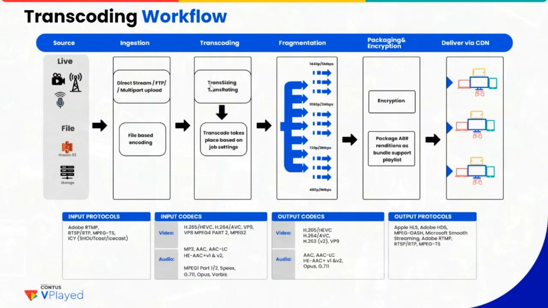For the transcoding, the algorithms and the libraries are already there. It is going to convert according to the desired presets based upon the job. Then after that it will go for fragmentation. In that fragmentation, we can see the different fragments which are available, the different presets and the different resolutions which are available for our video format. In addition to that, the encryption has been done.